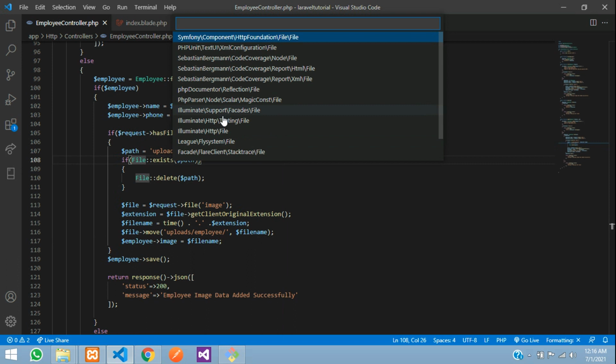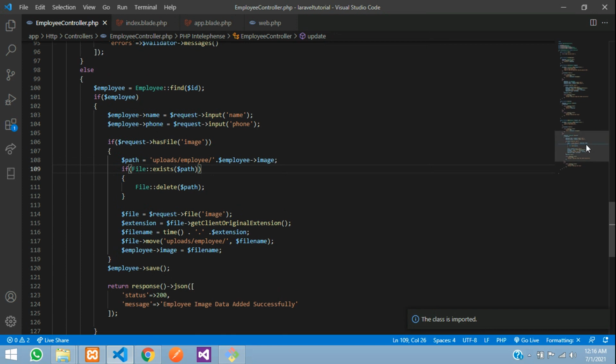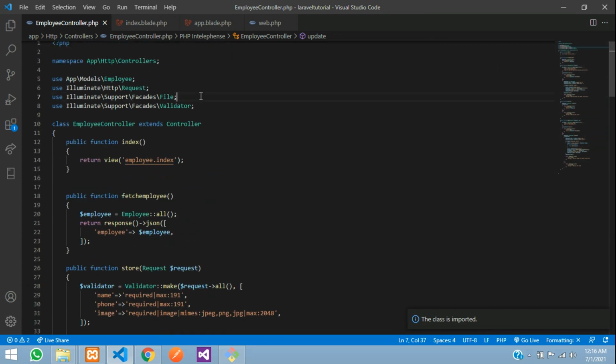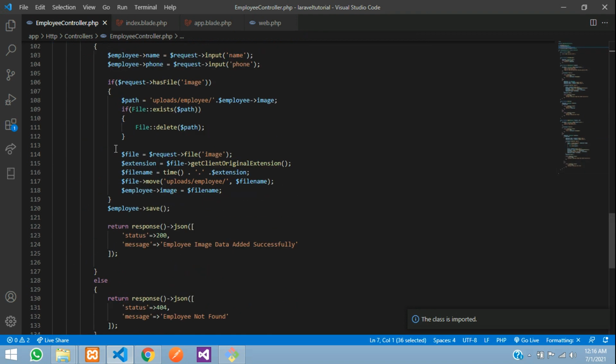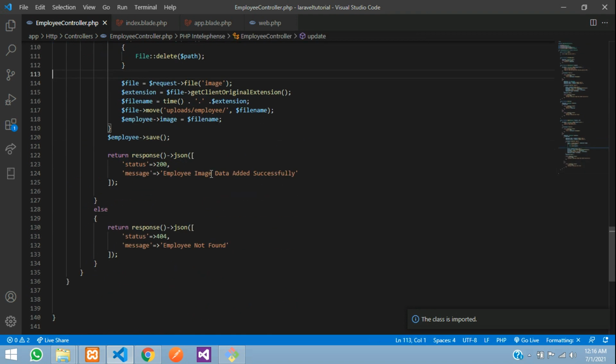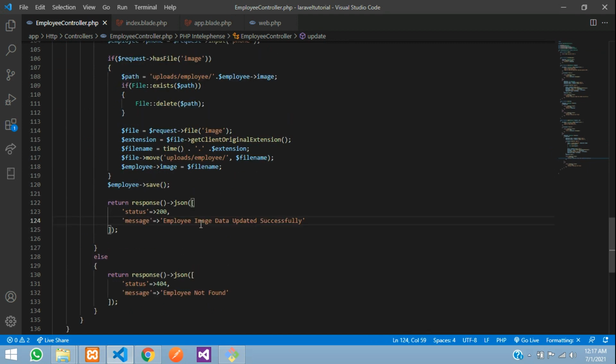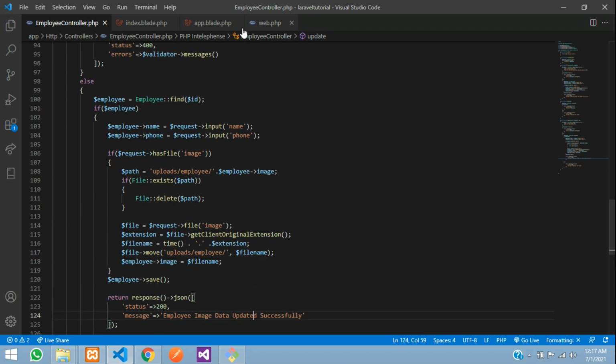So you can find Illuminate Support Facades File. So let's click this. Let me just show you. This is the class, guys. Let's get back. All set. And if the image is updated successfully, it will tell. Okay, save. Let's get back